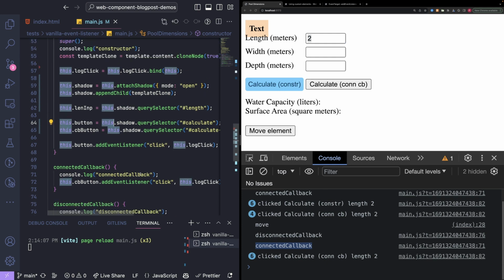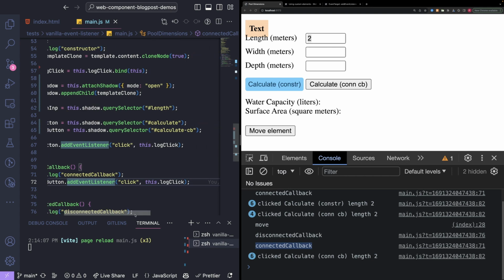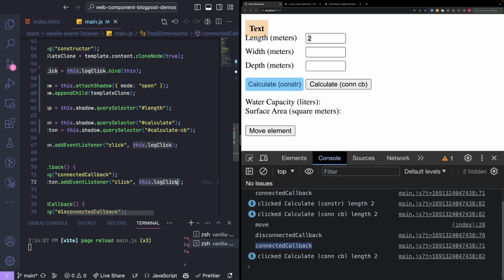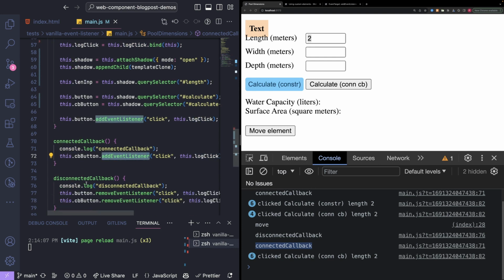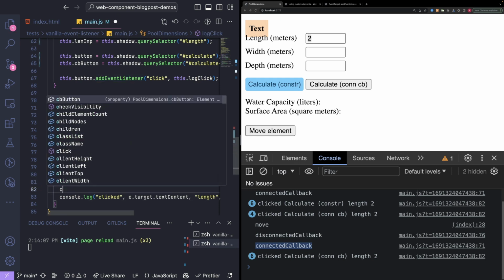But if we call add event listener and pass this function in there, this context in this function will be overwritten by the event listener. So this context is then basically the event